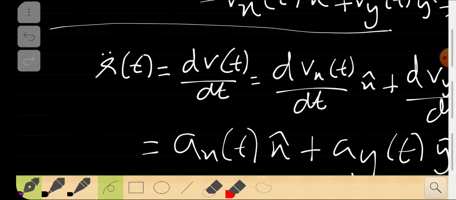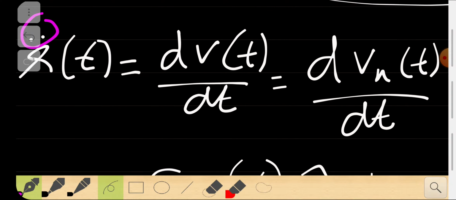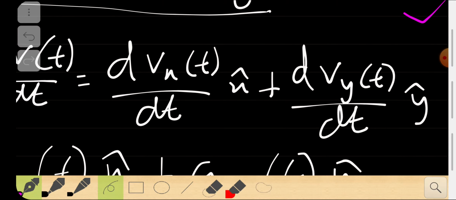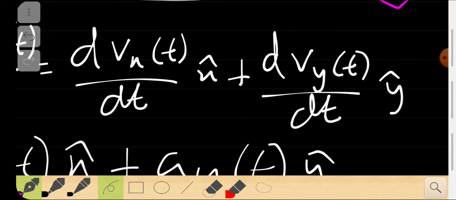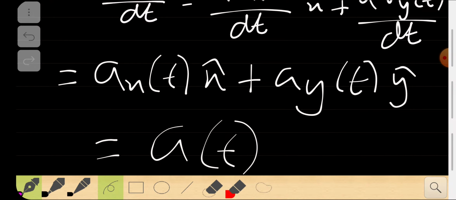Now we can take the derivative again. So you are taking the derivative of the position vector twice, and that's why there is an r double dot. If you do that, you get the differential of velocity with respect to time. So you get dvx by dt in the x cap direction, and also dvy by dt in the y cap direction. We have done this earlier. That will give you the acceleration.